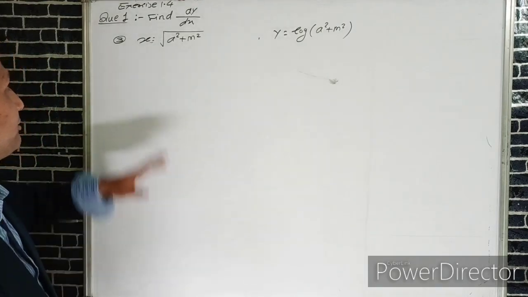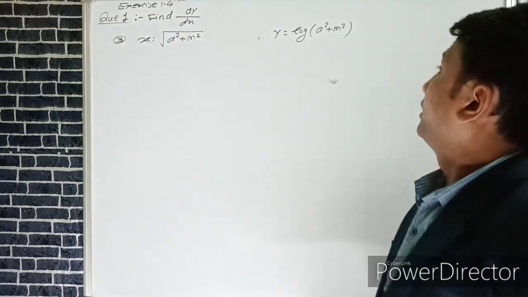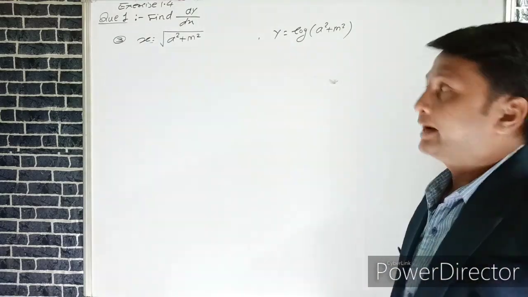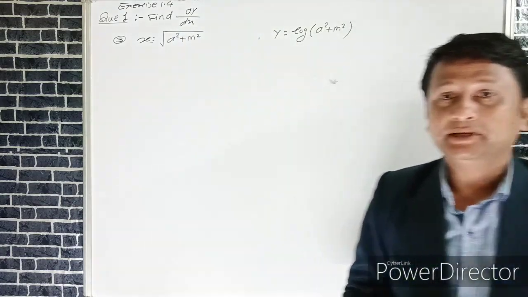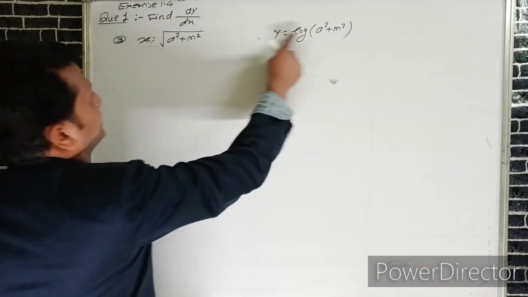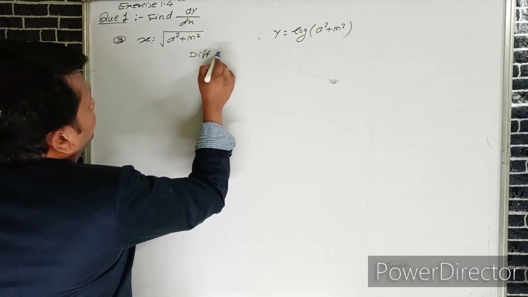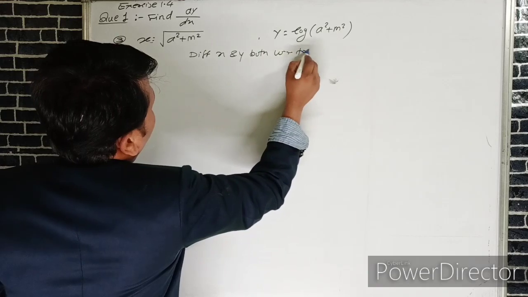Again here the parametric form is given, x is equal to under root of a square plus m square, log of a square plus m square. We know that a is a constant and here m is a parameter. Now if we consider that m is the parameter and if we differentiate x and y both with respect to m,